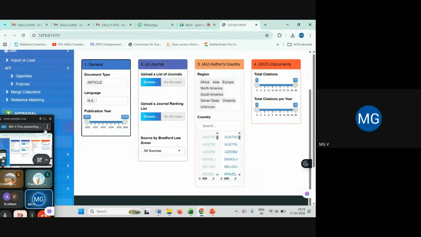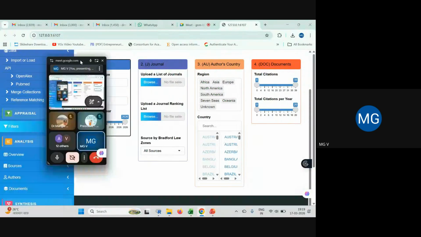If you want your study confined to a particular region like Asia, you can mention it here, right? And you can also limit your citations and citations per year. And you can also confine your study to certain countries. It is up to you based on the nature of the study you have undertaken.